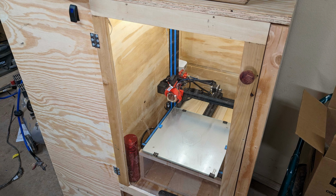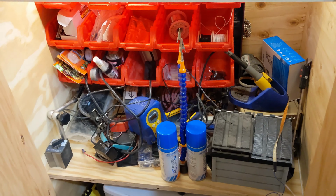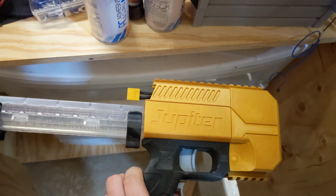I have some plans to use the front for small tool storage that I regularly use in the shop and on the printer or electronics, but I don't have a concrete plan for that yet. So now it's got everything I need at hand all at once. Soldering iron, rubber band dumpster, emergency Nerf gun,